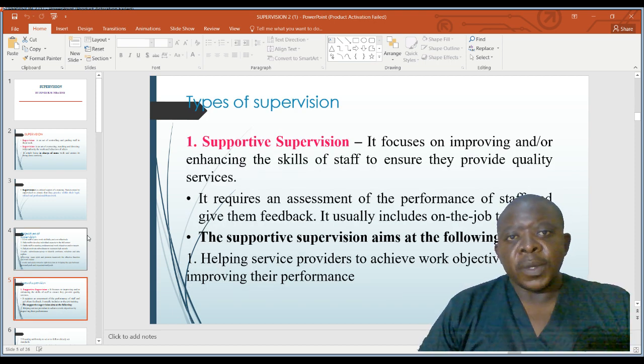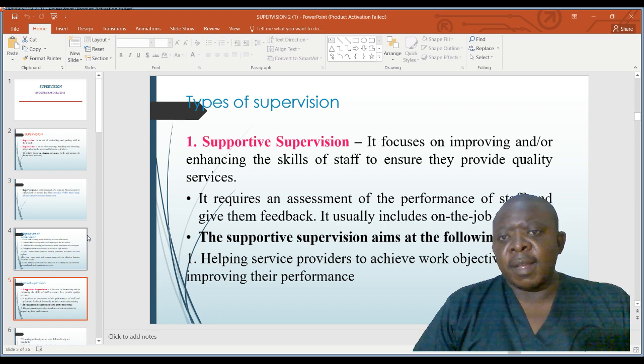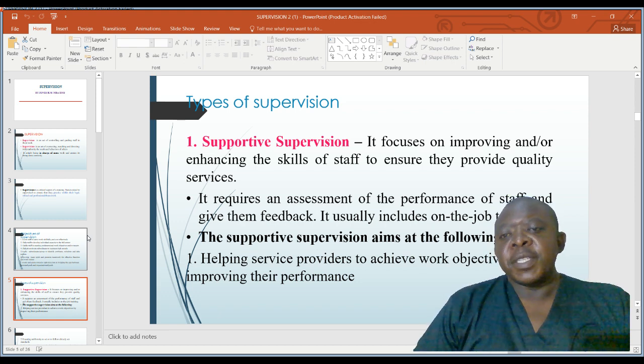Types of supervision. The first type of supervision that we can look at is supportive supervision. It focuses on improving or enhancing the skills of staff to ensure they provide quality services. It requires an assessment of the performance of staff and giving them feedback. It usually includes on-the-job training. The supportive supervision aims